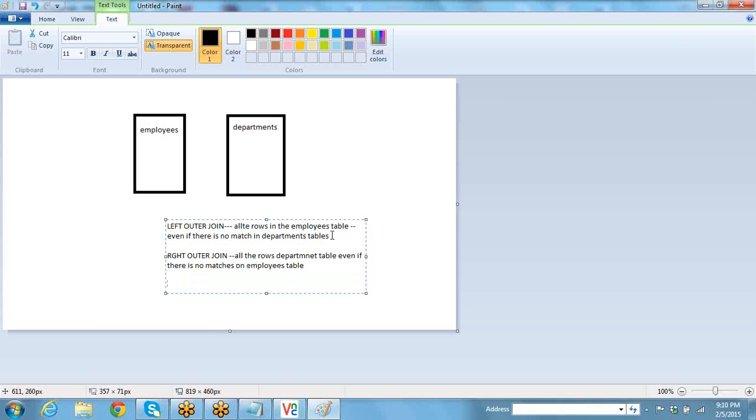So simple as it is. Left outer join means it will retrieve all the rows from my left table even if there are no matches in my right table. Right outer join is it will retrieve all the rows